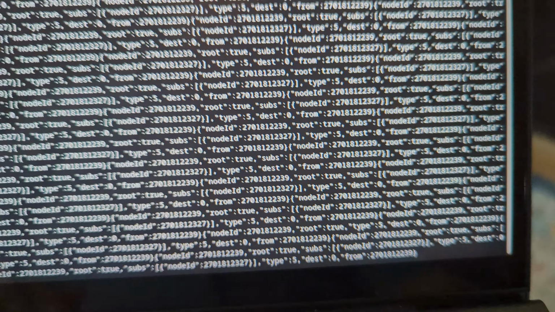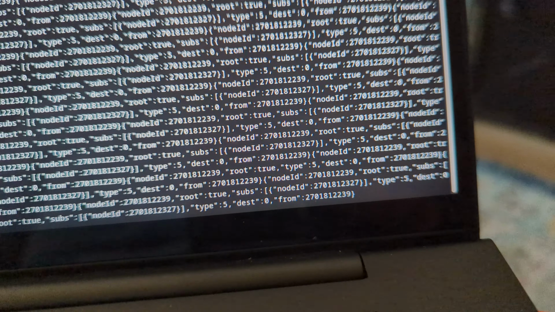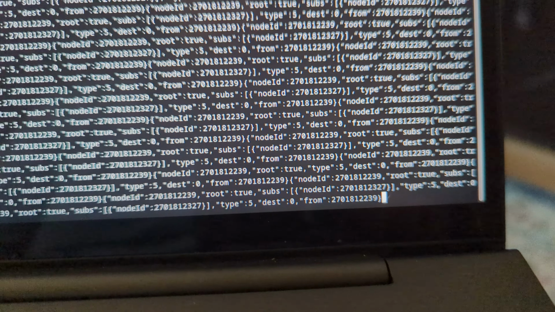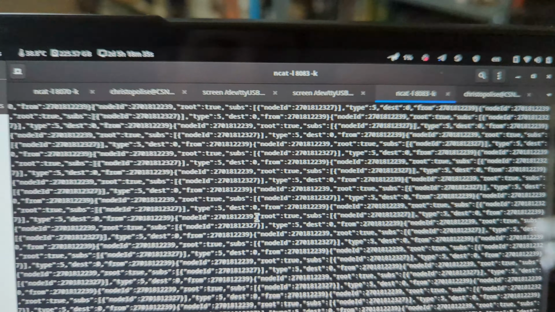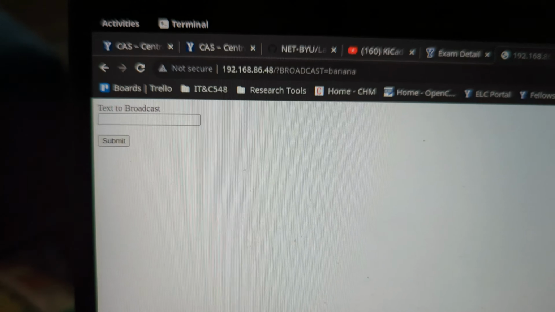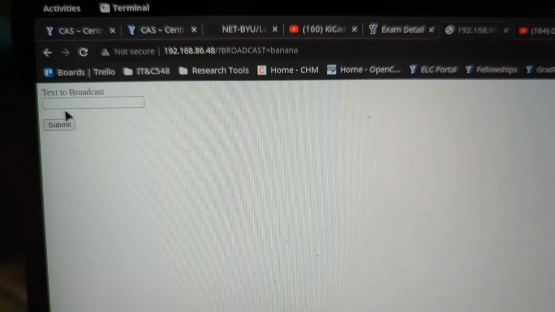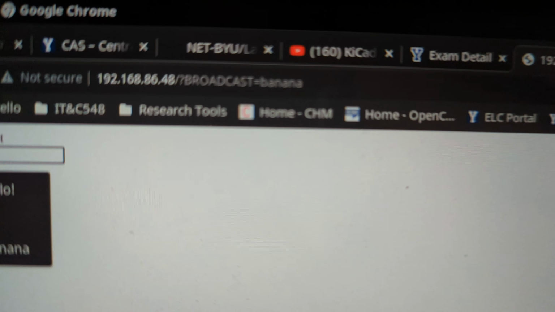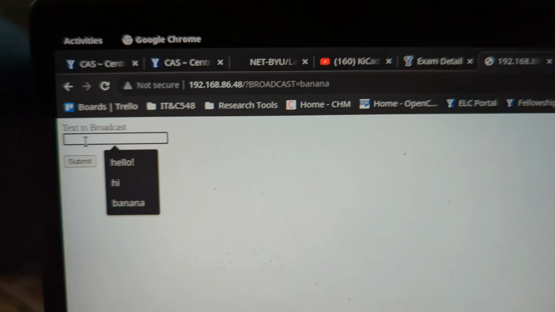And you can see that every time, as you can tell, this has been going for a while, but every time my root node sends a ping to keep the connection alive, it'll show up in this netcat connection right here. And so I deviated from the lab a little bit and didn't do a traditional TCP server that was hosted here in netcat, but rather I have a web server that is hosted on the root node, and it's an HTTP server. And you can tell first and foremost that the IP address of this guy is 192.168,